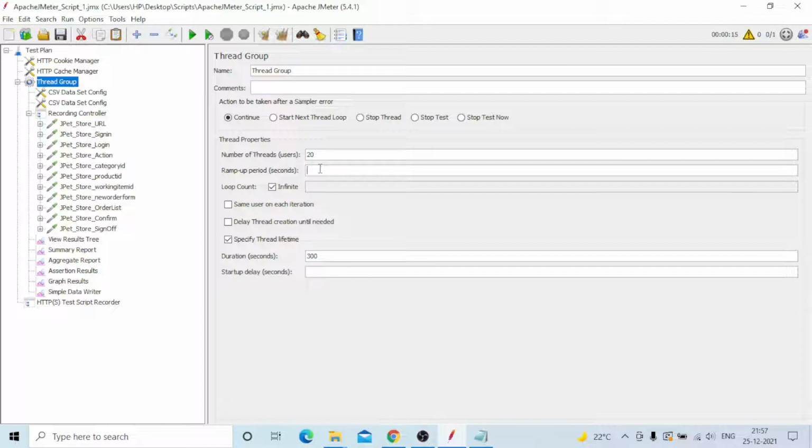Ramp-up period is 5 seconds. You know how it works? 20 by 5 means 4. Every 4 seconds one user will be ramped up. I will select infinite, so it will execute continuously, and I will select specify thread lifetime. Thread lifetime means it is executed for a specific duration.